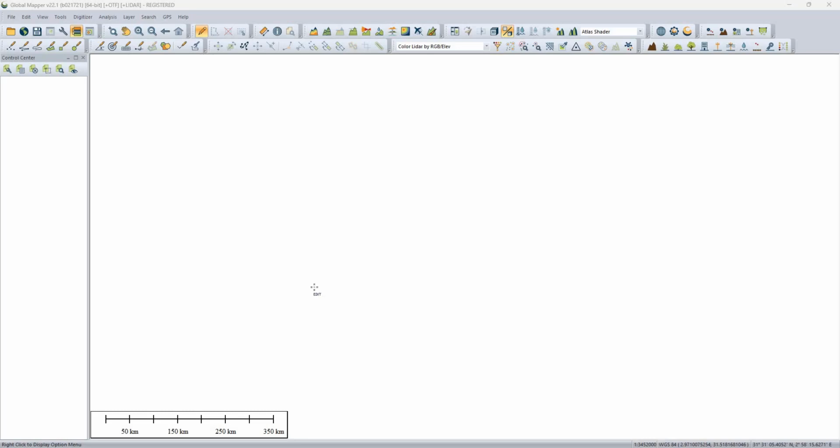Today we will be diving into the powerful world of Global Mapper, an incredible GIS tool. This will be a brief introduction to Global Mapper. I will be using some of the tools that are available, and if you want me to dive deep into